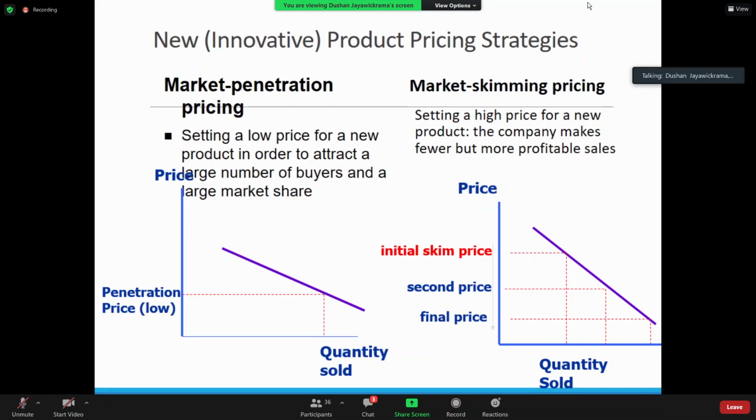That's why in the new product development stage, you have market testing a few times before it comes to commercialization. In commercialization, if it goes wrong, it will go wrong. But in the pre-testing stage, you can still try out a few options, a few prices, and see how it works.